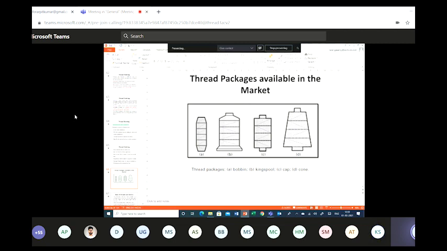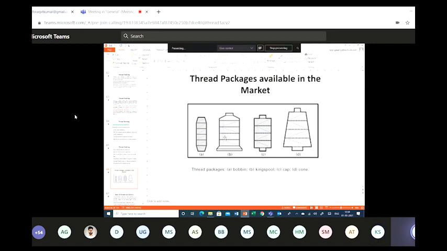Coming to the thread packages, most of you have seen domestic sewing machines in your home. There you find this bobbin. The thread comes in a bobbin. So the length of the thread is hardly some 30-40 meters. Whereas in industrial sewing applications, you need to have a large amount of thread, because every time the thread is out, you have to put in another package, then you have to tie it. It takes more time. So in industrial sewing machines, we don't use these bobbins. Rather, we use another type of bobbins.